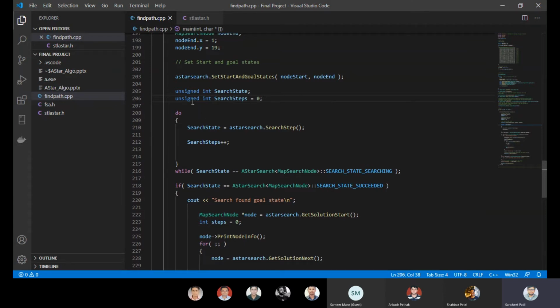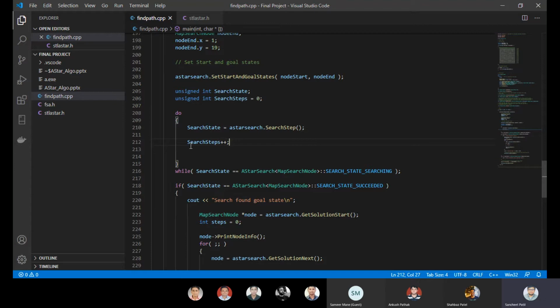I have taken this search state and search step variable to just track which state I am going through, like whether it is in success state, or failed state, or out of memory state, or whatever state it might be. And search step is the variable giving me how many steps I have taken to search my goal node.